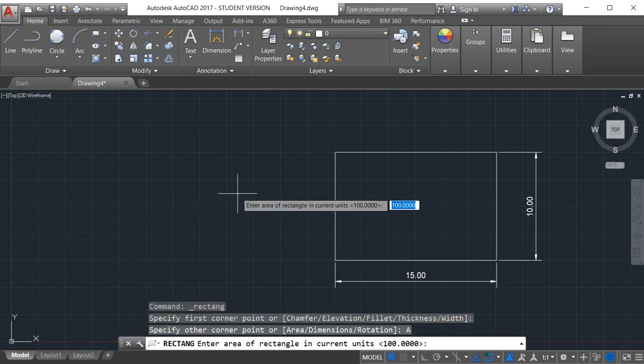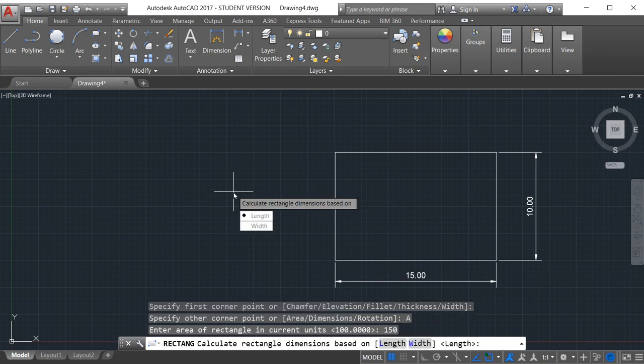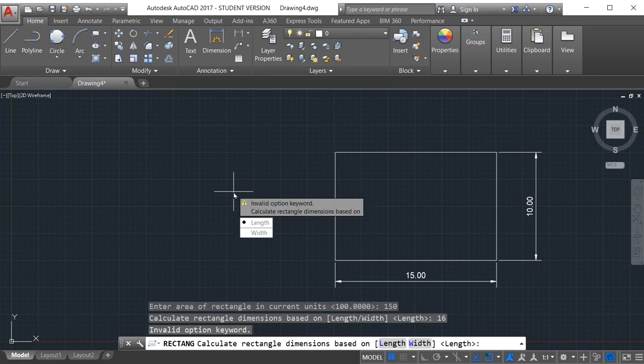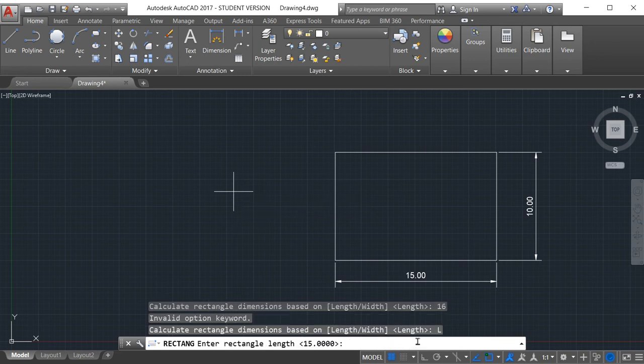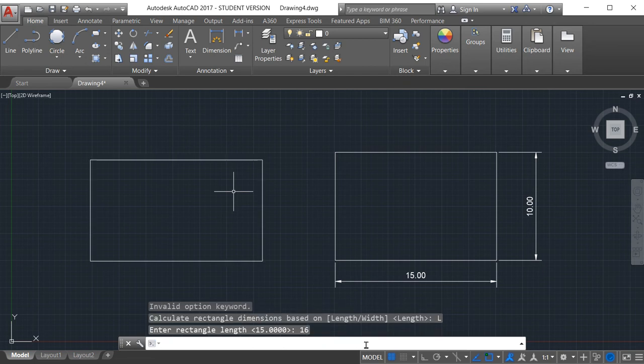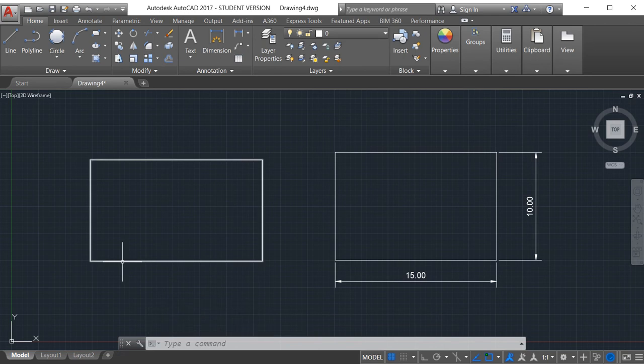Suppose I give the area as 150, enter, and here are two options, we can give length or width. I am going to choose length and give the value as 16. So this will be our rectangle with area of 150 and length of 16.